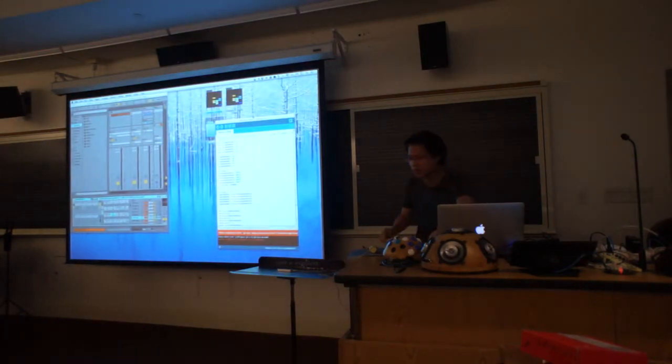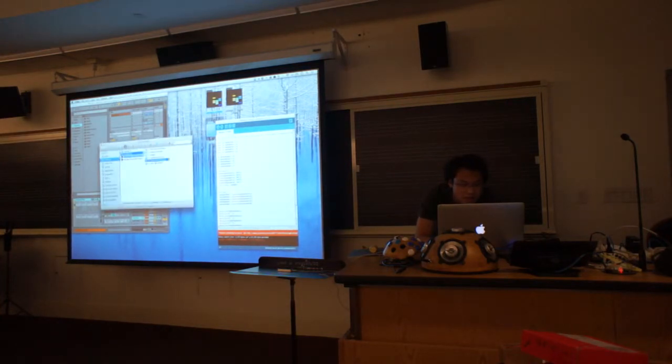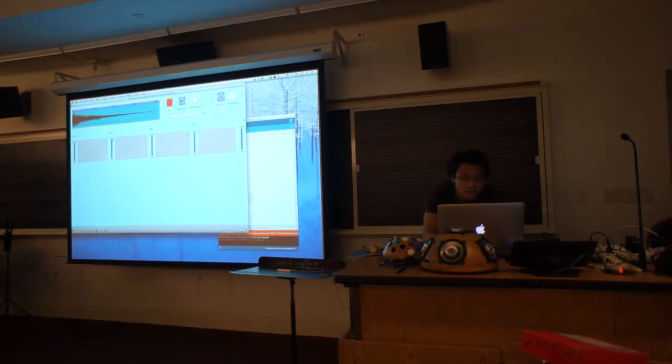It's more interesting when you combine that with the leap motion, which is what I've been doing. And here I will use the leap motion to trigger